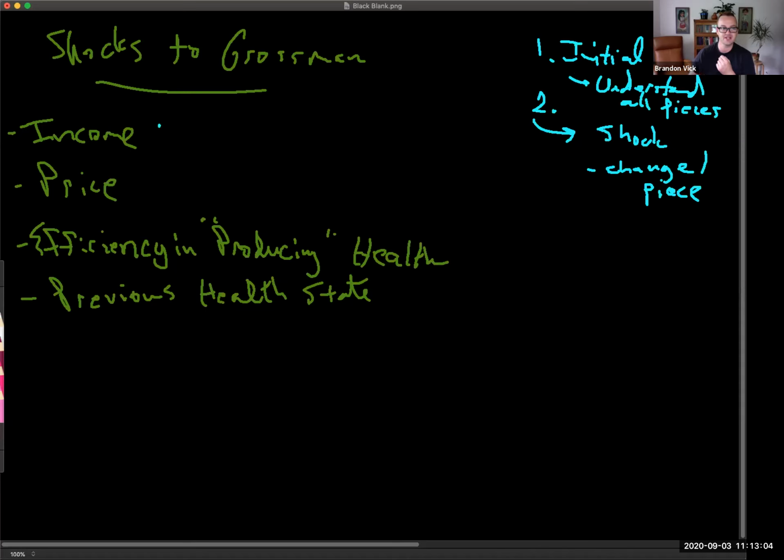I'm going to change somebody's income. We're going to change the price of a health output. We're going to look at this idea of efficiency, how a person turns resources into better health. Or we're going to go back in time and change somebody's health when they were a little kid or something. We're going to change each of those one at a time, and we're going to let that flow